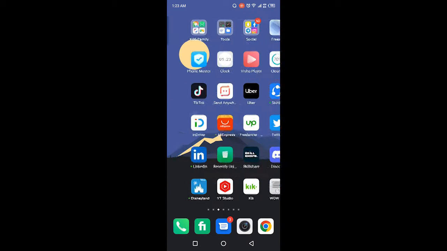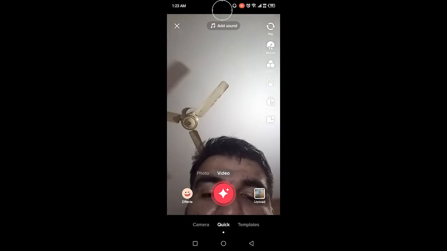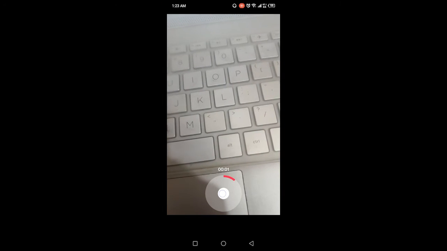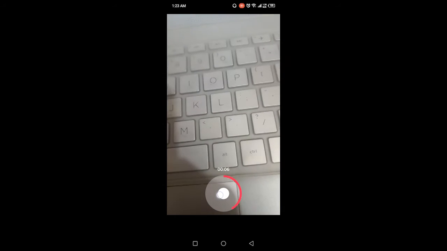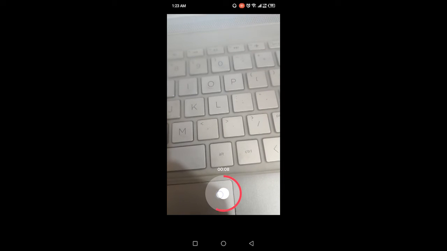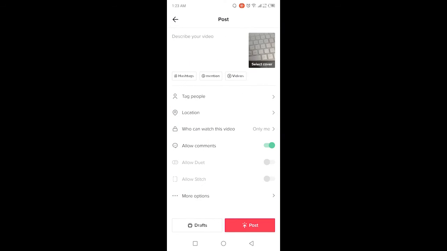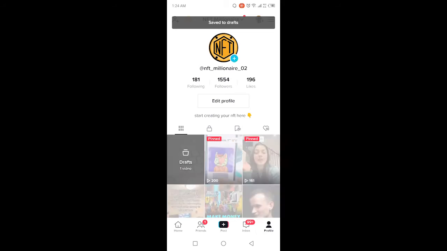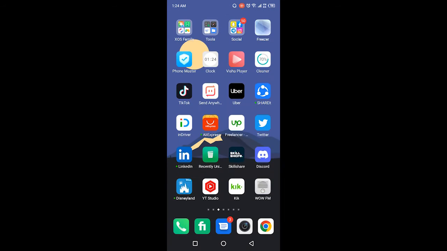The first step you need to do is to open TikTok. Once you open TikTok, you simply need to click on the plus icon and record a sample video. So I'm going to record a sample video. Once you record a video, you simply need to click on next and then you need to click on drafts. Okay, so now you have the video in drafts, then you need to go back and close that and open